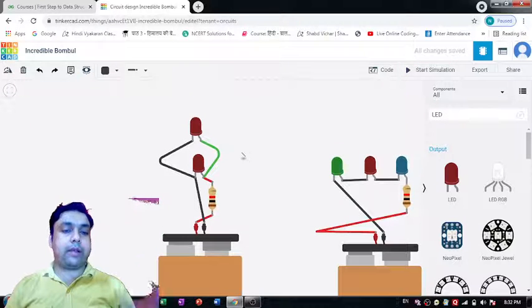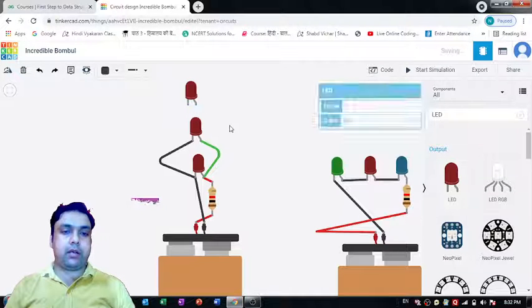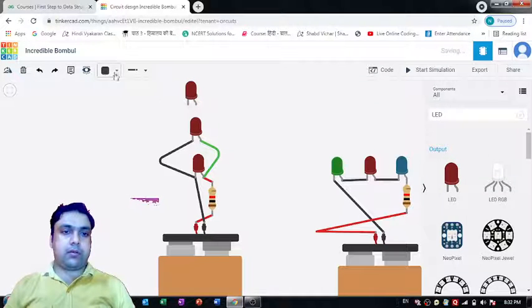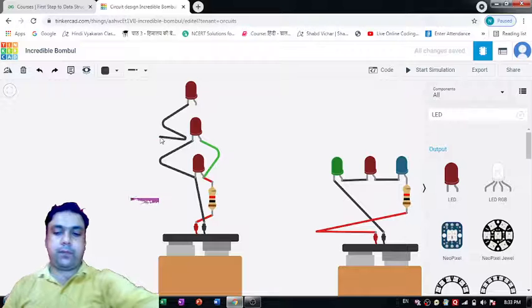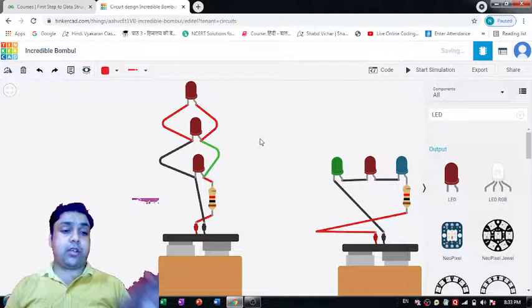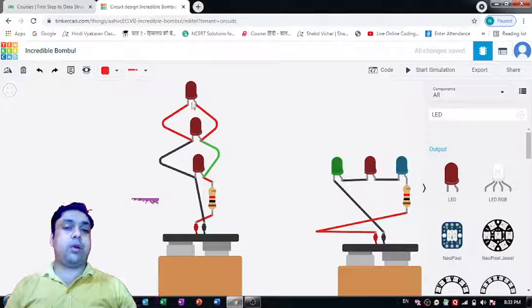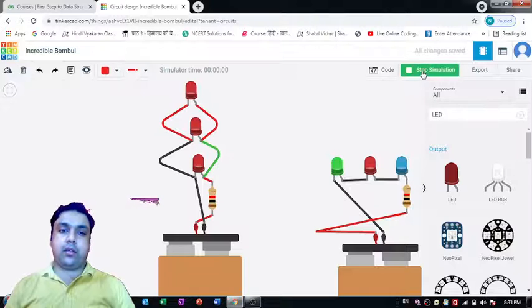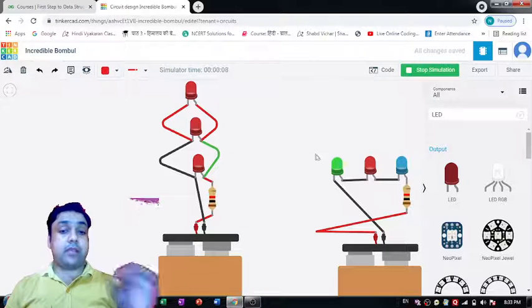If you want to divide it further, how can you do that? So you can put one more LED over here, and you can simply link this cathode pin to this cathode pin, and this anode pin, we can link it to this anode pin. Let's check whether we'll get the required output or not. So I want to see all these three LEDs glowing. Okay, so all the three LEDs are glowing. So it's the parallel circuit we have designed over here, and that's the series circuit.